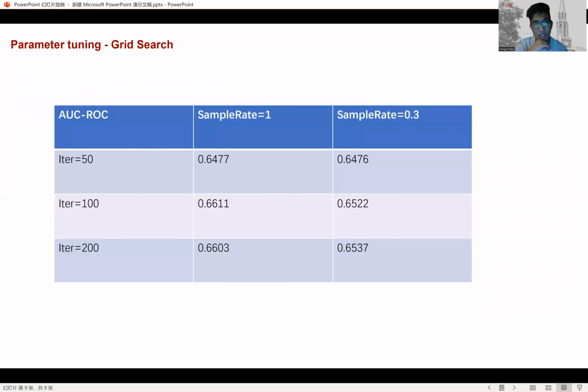And then I did the grid search, to find the best parameter of this model. When I do the grid search, I just based on the gradient boosting decision tree. As we can see, when the iteration equals to 100 and the sample rate equals to 1, the model had the best performance, and the ROC score is just